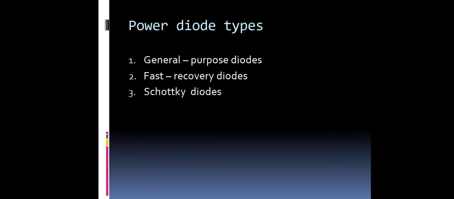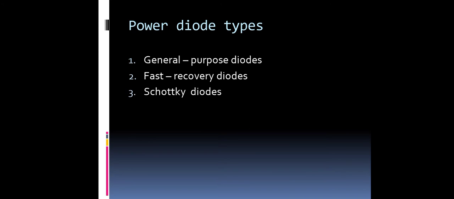These diodes are manufactured by diffusion. They are used in welding power supplies, are the most cost effective, and their ratings can go up to 1500 volts and 400 amperes. These diodes come in two types: stud and stud mounted types, with either anode or cathode on the stud. This is the general purpose diode.